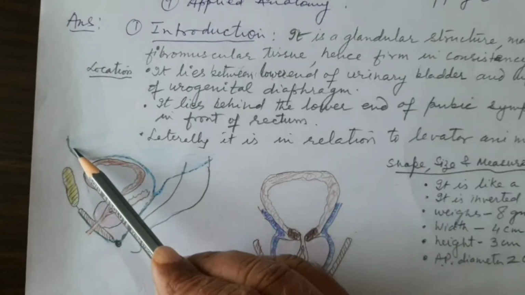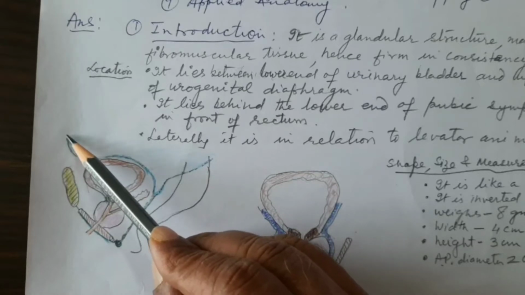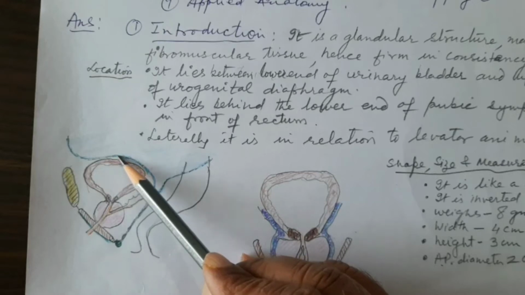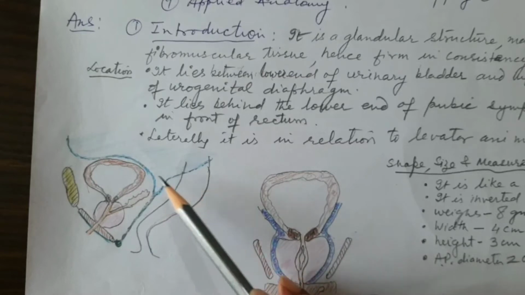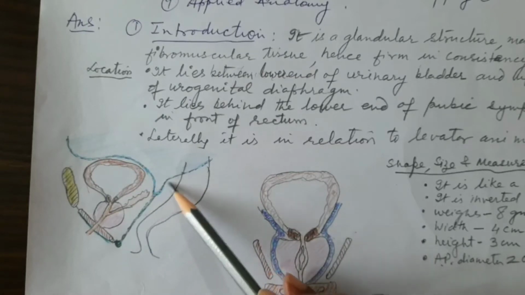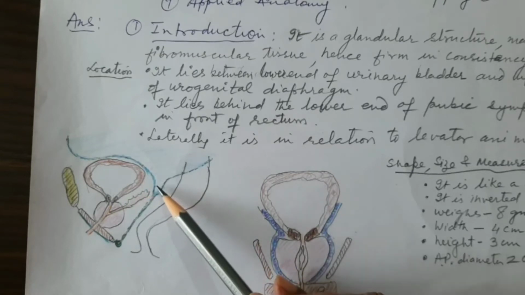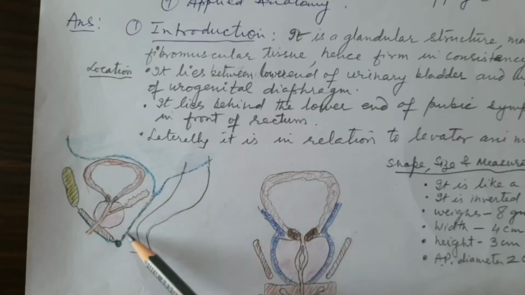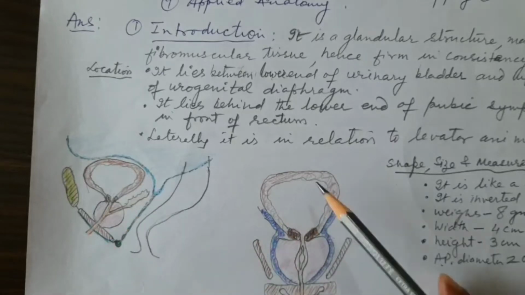And here is the reflection of the peritoneum in the pelvic cavity. This is coming from the posterior surface of the anterior abdominal wall, then it covers the superior surface of the urinary bladder, then it dips between the rectum and urinary bladder, hence this depression is called the rectovesical pouch. This is the rectum, and the rectovesical septum is attached here to the rectovesical pouch. So these are the structures by which we will locate the prostate gland.